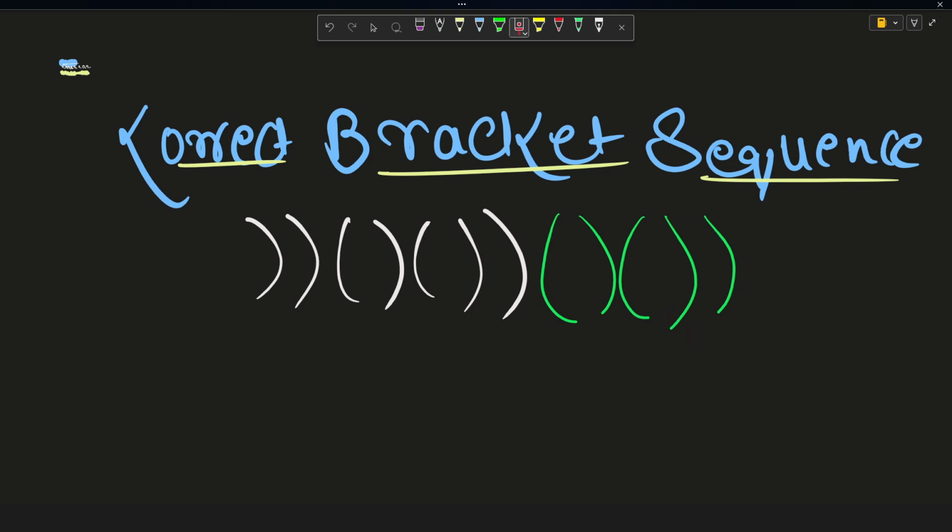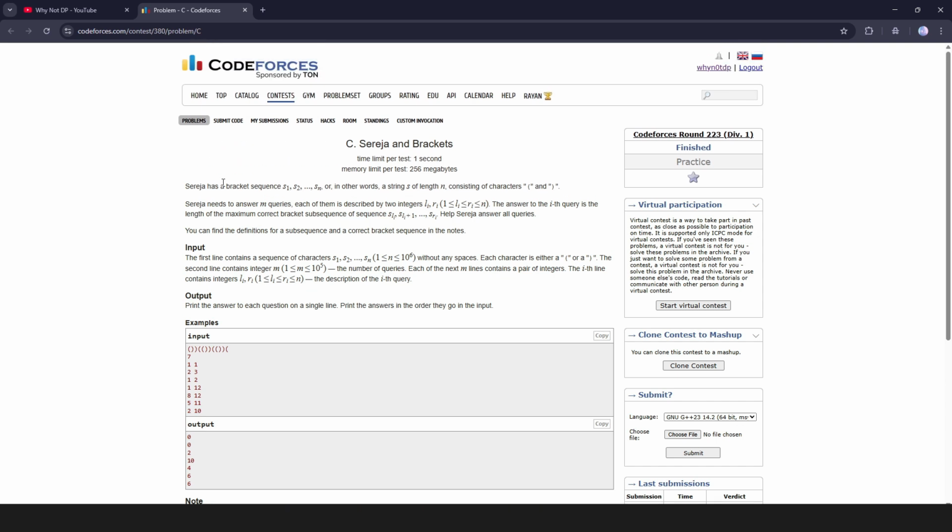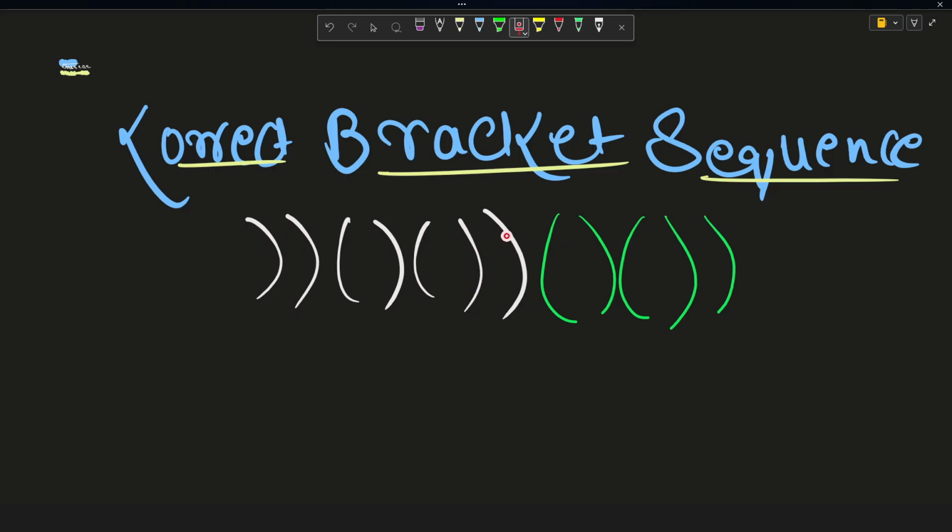So now if I ask you the length of the longest correct bracket subsequence in this example, then what will be your answer? If you have read the problem correctly, then it has clearly mentioned here that we want to print the length of the maximum correct bracket subsequence. Focus on this word, subsequence. So if someone asks you the length of the longest bracket subsequence for this example, then